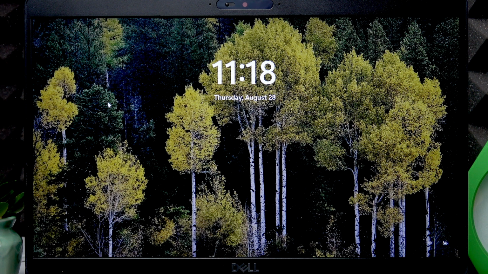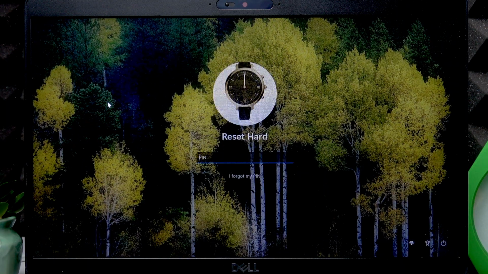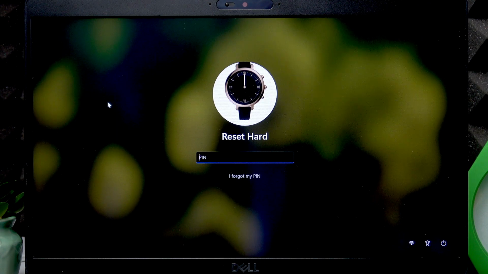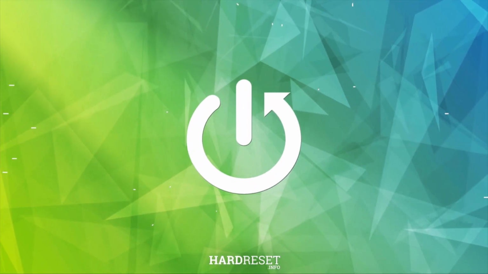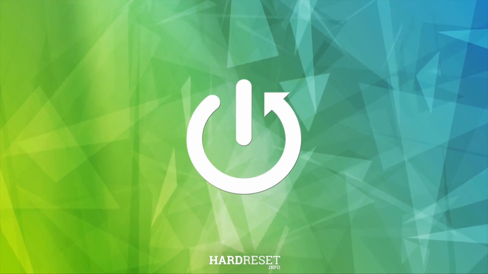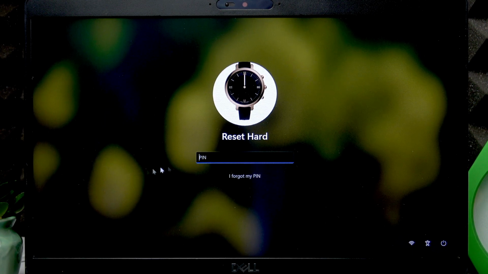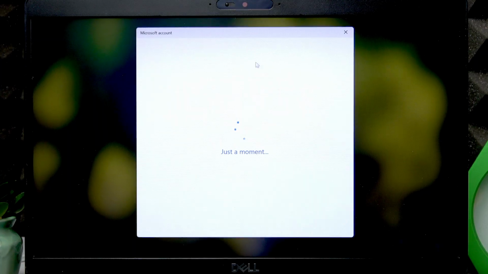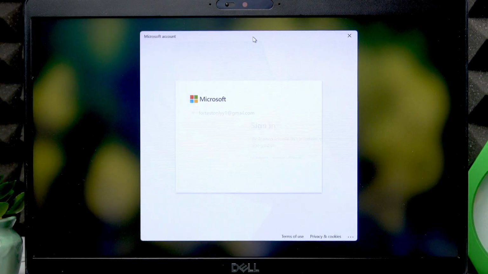Welcome, in front of me is Dell Latitude 5400, and in this video I will show you how to restore your account's PIN in case you forgot it. So in order to restore your PIN, you have to click I forgot my PIN, and then if you have